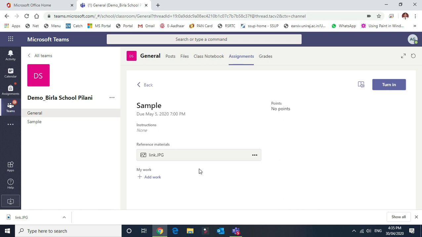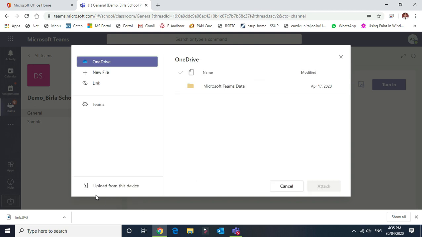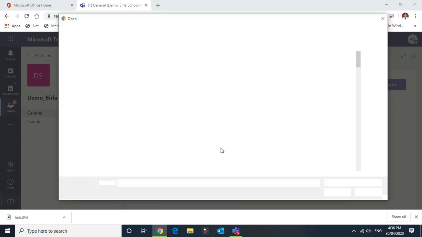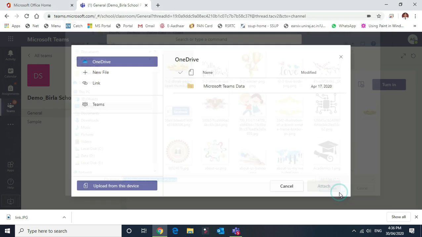In the same section where the student downloaded it, there is an option where the student will add it in the section called My Work. When the student clicks on Add My Work, it will ask where the file is located, the file on which the student did the assignment. Suppose the student goes to the section, and this is the student assignment creation. I selected it as a sample example.